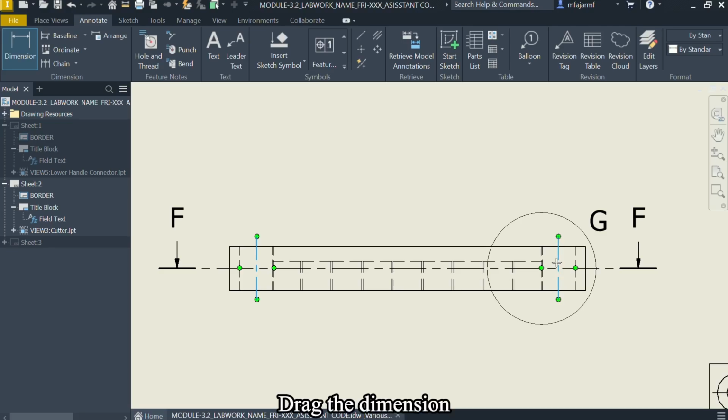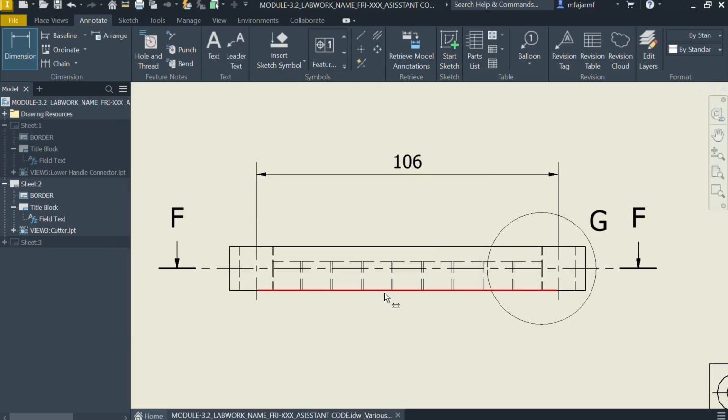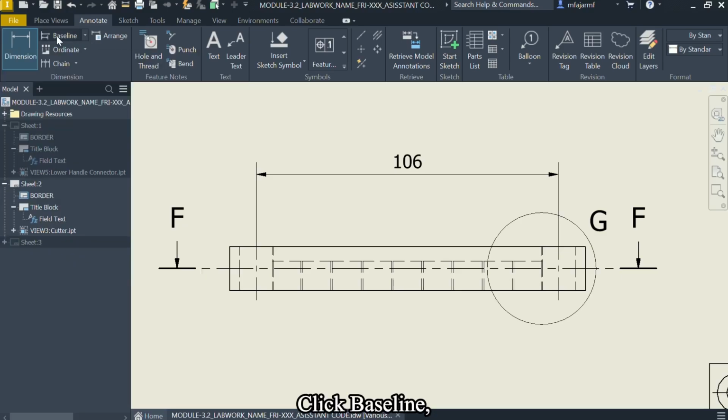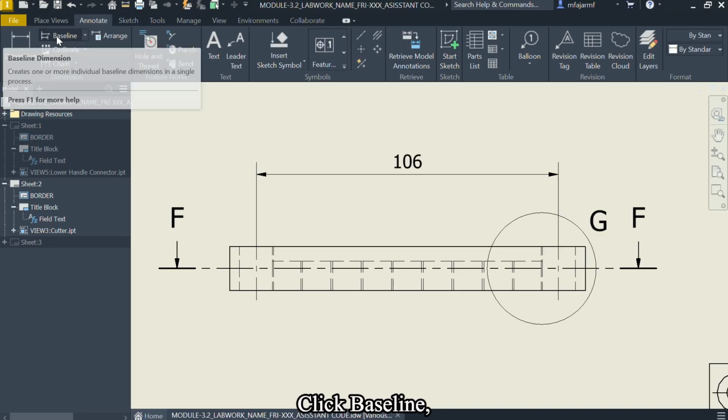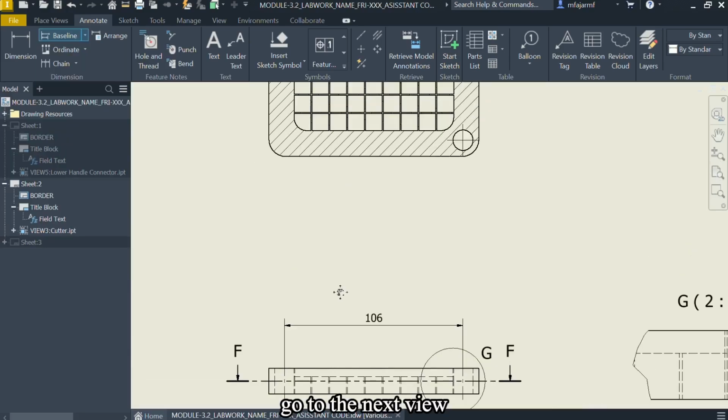Drag the dimension to upper, left click and OK. In Noted tab, click Baseline and go to the next view.